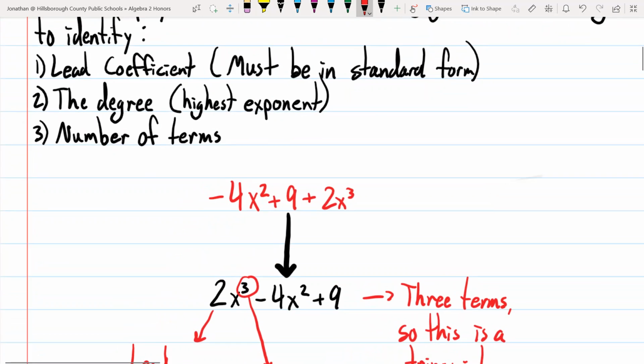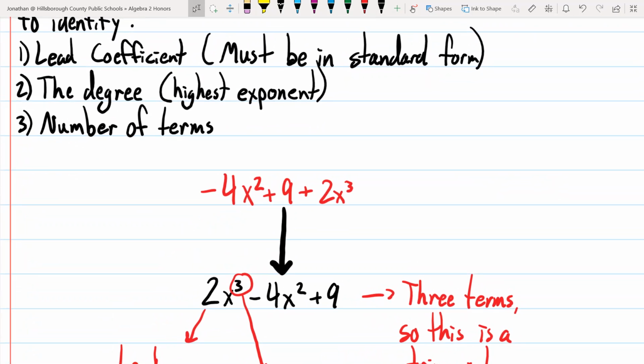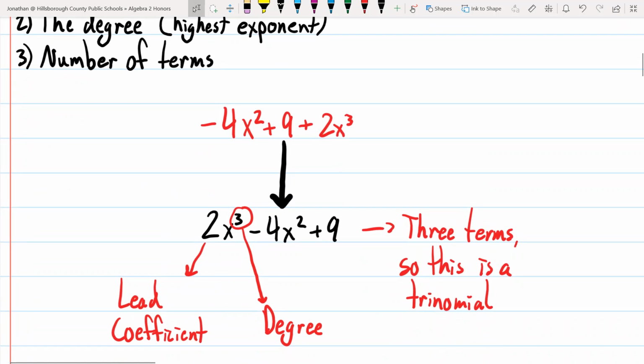So this is a polynomial. To be specific, this is a trinomial because there are 3 terms. Now, a couple things. I'm sure you're easily able to identify the highest degree. We see x to the third, that's the highest. The lead coefficient, however, is not -4. That's why this has to be in standard form. You go from highest degree to lowest degree. So x to the third, x squared, and technically that 9 is x to the 0, but we don't really